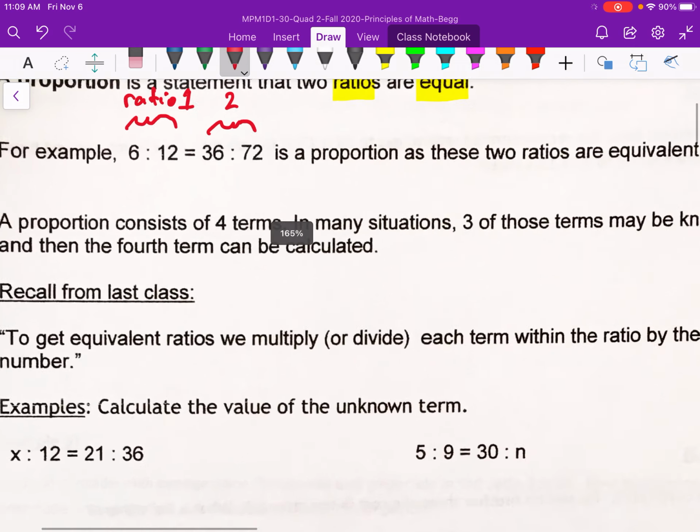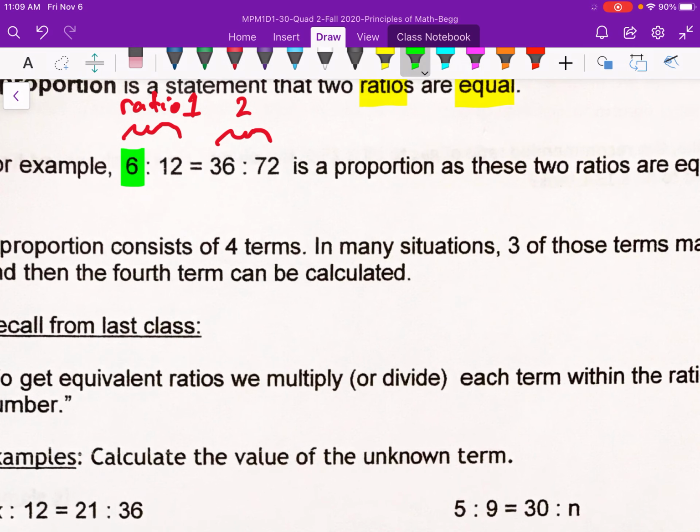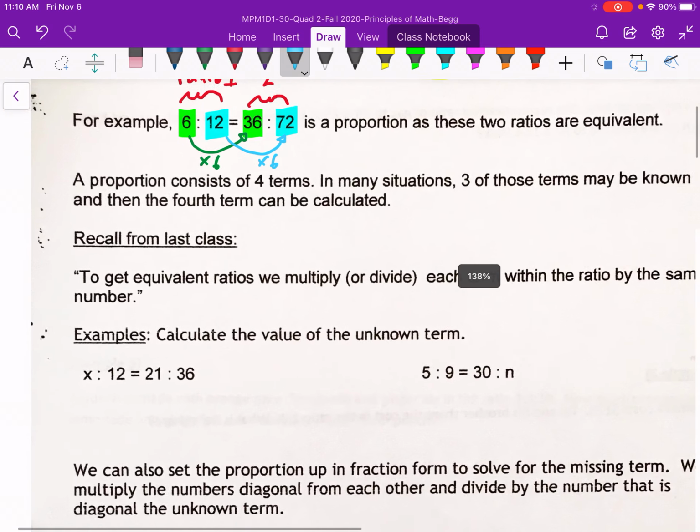Now what I started to do with the highlighting was just to show how the 6 matches up with the 36 because they're both the first numbers in their respective ratios. The 12 matches up with the 72 because they're both the second numbers in their respective ratios. And in particular, 6 times 6 equals 36, and 12 times 6 equals 72. So again, each part in the second ratio is just a multiple of each part in the first ratio,